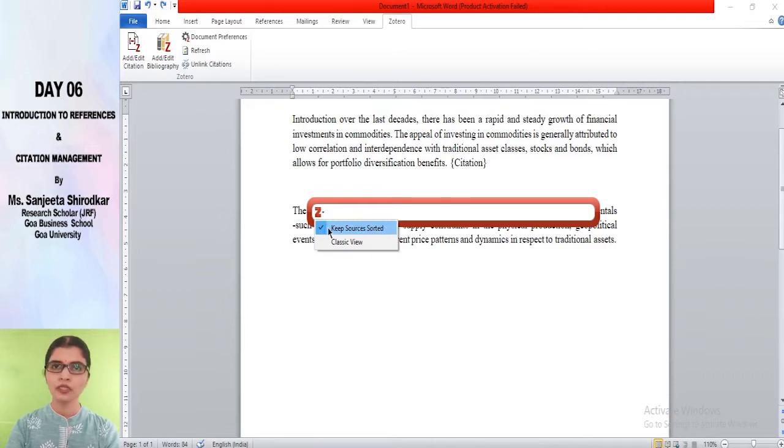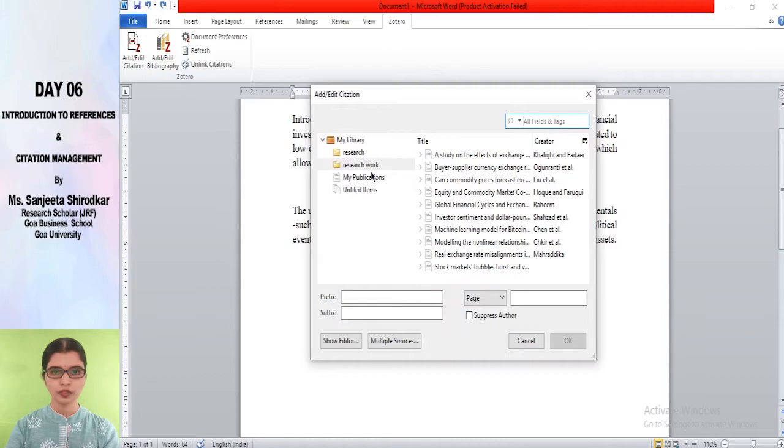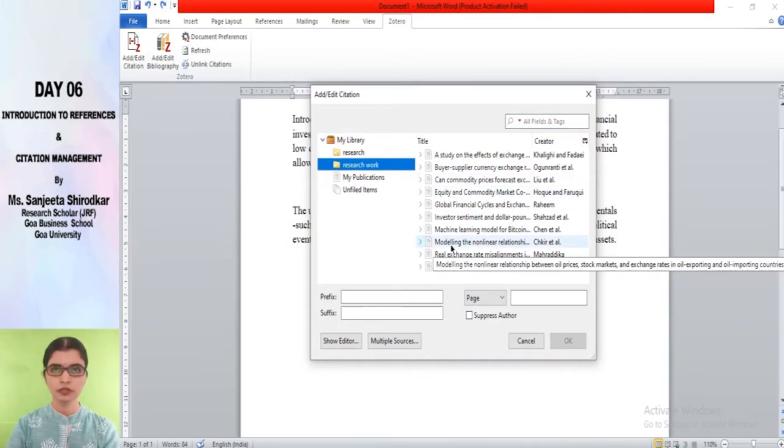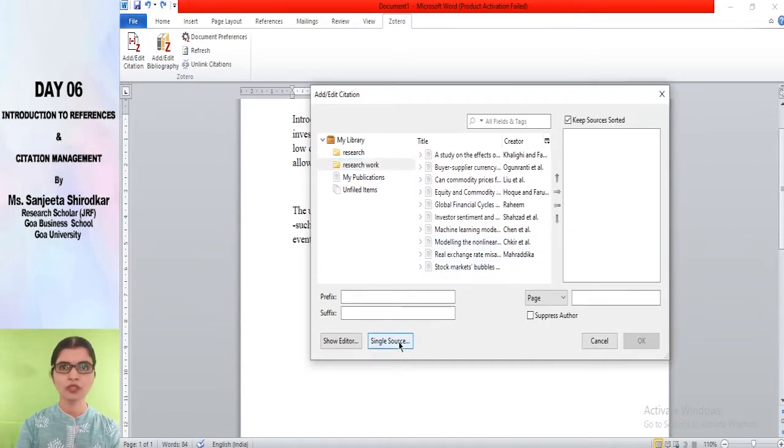If you are remembering the name of the author or anything like that, then you need not switch to classic view. Click on classic view, research work. And if you want to include multiple sources, then what you will have to do is click on multiple sources. Now this is one of the functionalities which I personally did not like, because in Mendeley you just straight away go on feeding the references you want and just click OK. But here it's not like that. If you want to insert more than